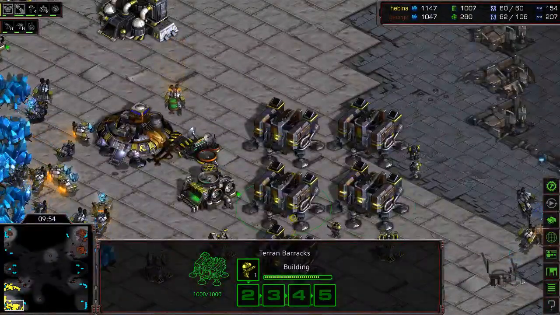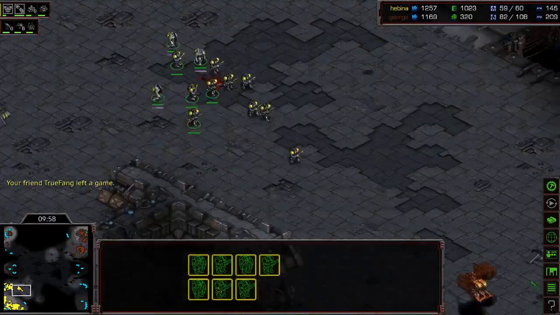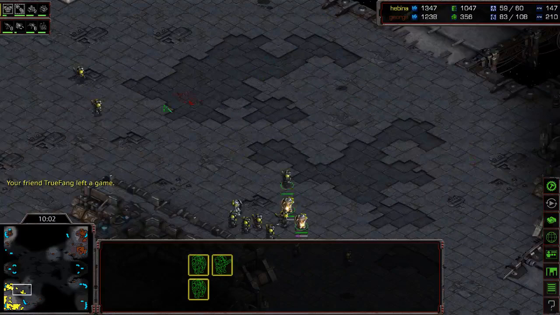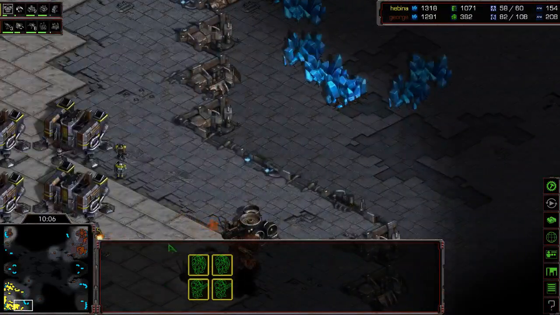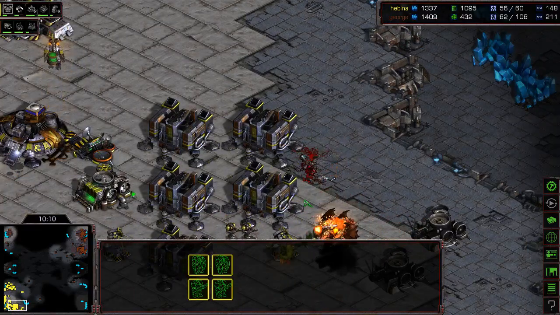I don't see a lot of Marines, unfortunately. He must have missed a few cycles by now. Usually you see a +1 5 rack. You see a scary amount of Marines in the mid game. Yeah, so actually, if you look at Terran's barracks, he's not actually rallied all of them to his